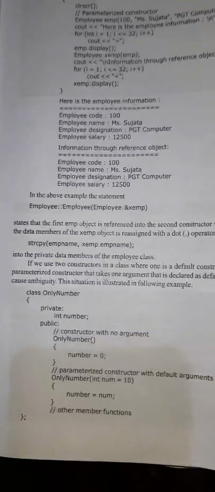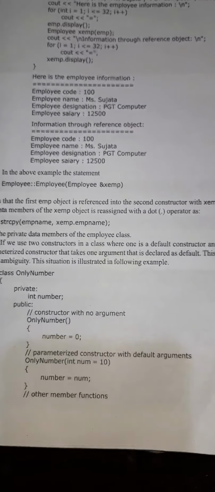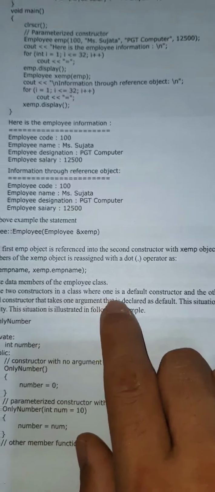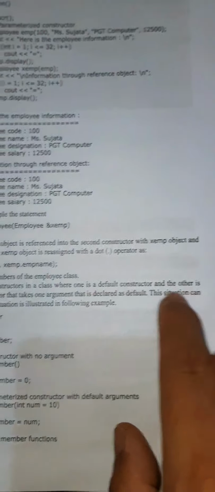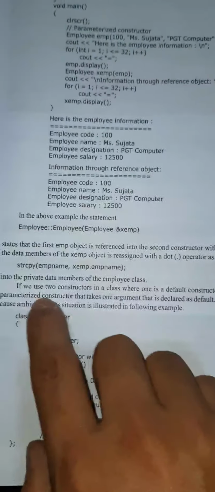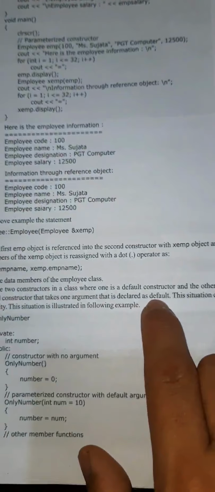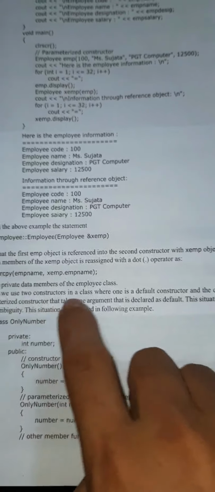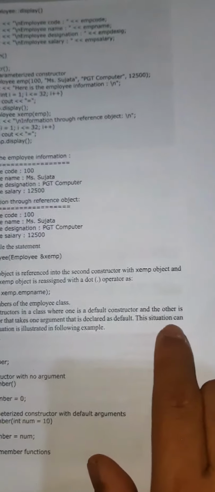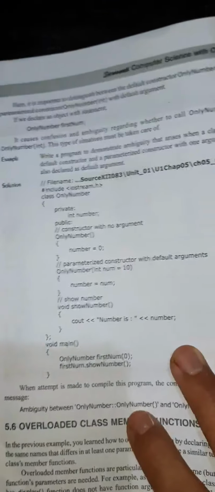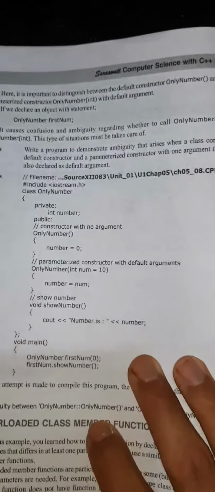In this particular program there is an error that has been shown. Here we can see that if we use two constructors in a class, where one is a default constructor and the other is a parameterized constructor that takes one argument that is declared as default, in this case the parameterized constructor takes a default argument. This situation can cause ambiguity. Here in this particular example, a very short example, you can see that